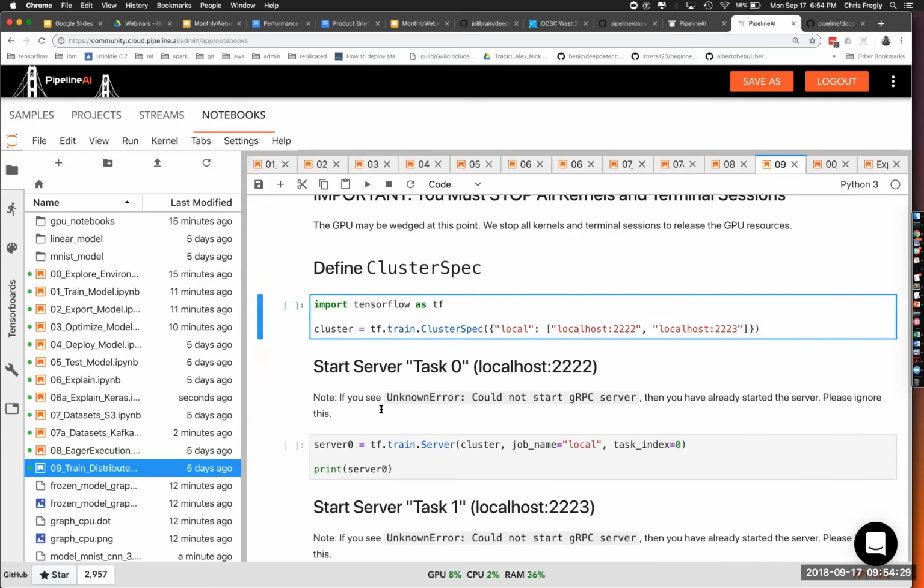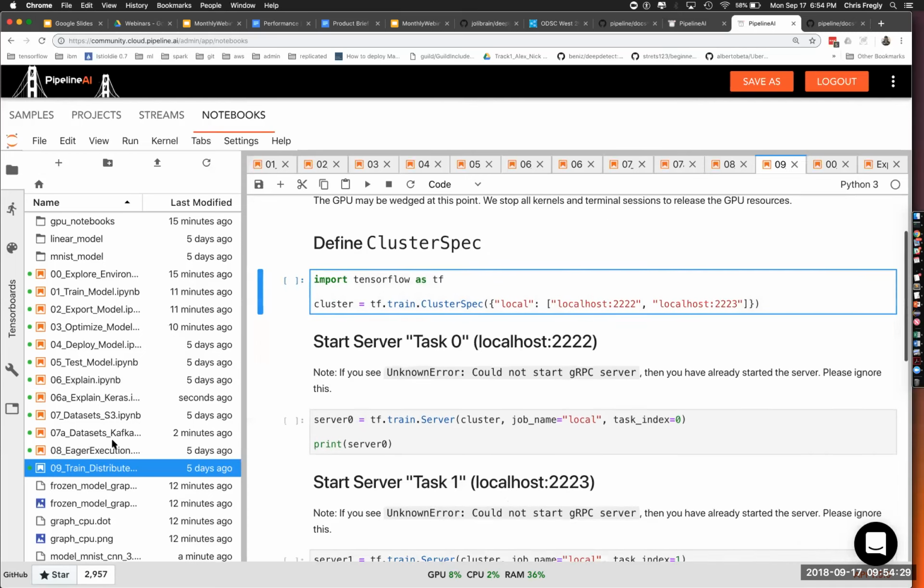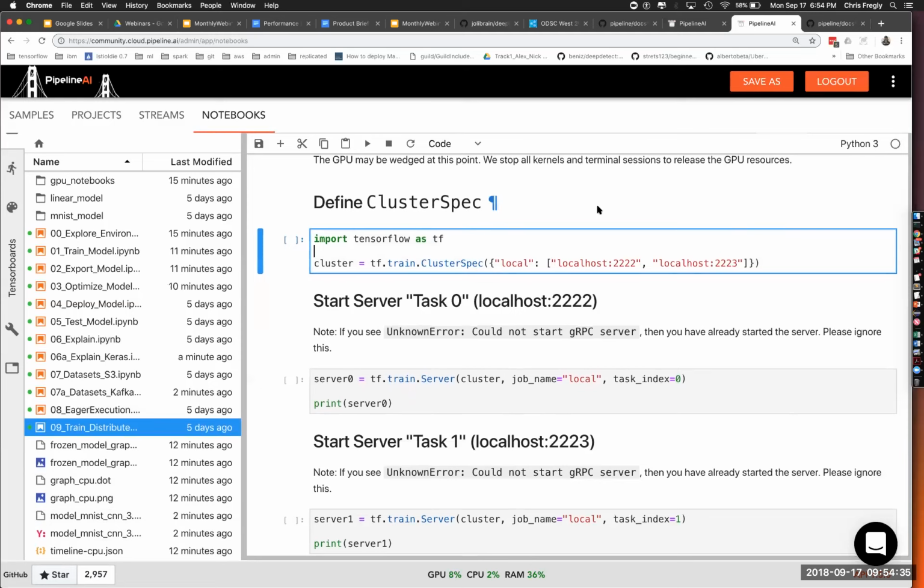So here's some distributed TensorFlow stuff. This is all pretty boilerplate stuff. I should mention distributed TensorFlow is going through a major overhaul once again. I think it's the 3rd or 4th major overhaul since TensorFlow was first announced, and Keras is now the new place to go. So some of you might be familiar with the Estimator API.